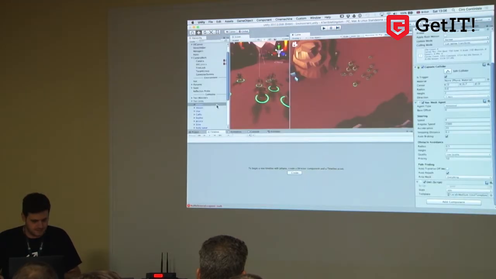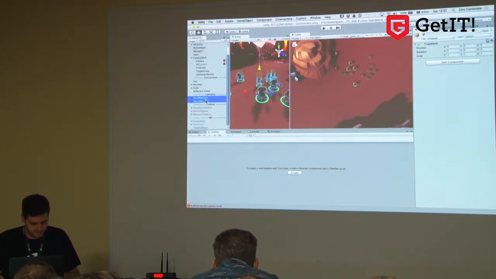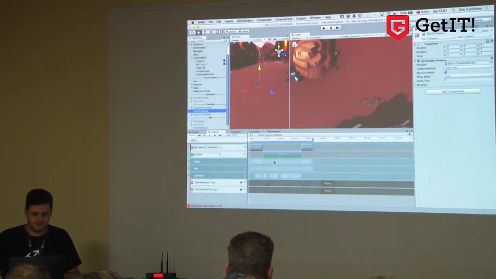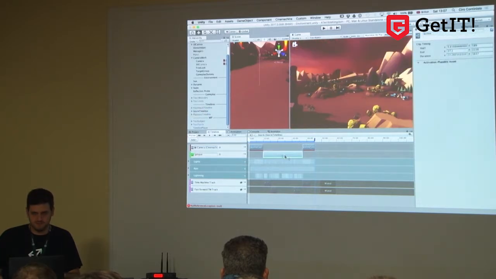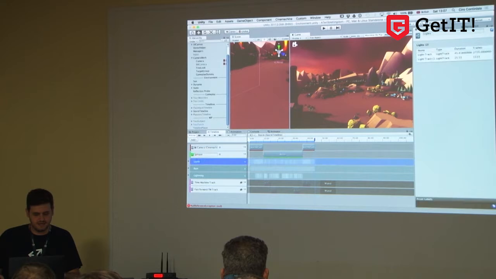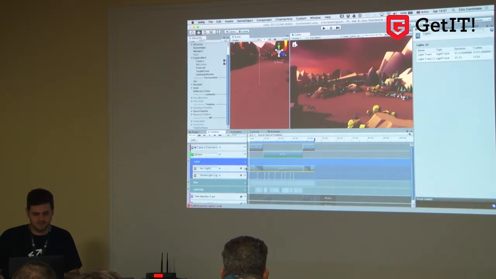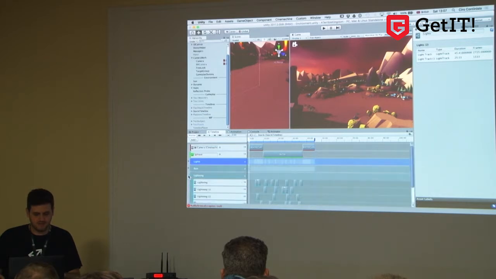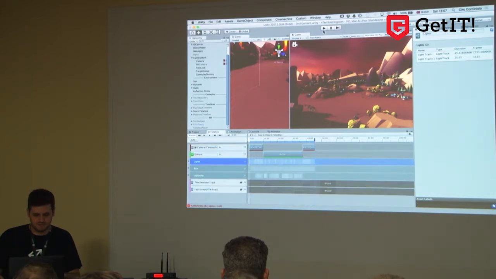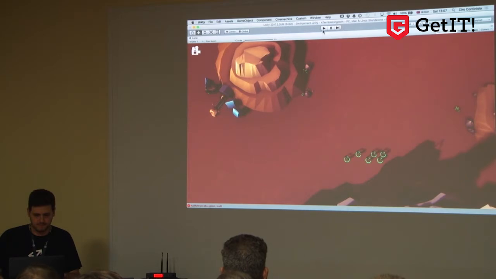Let's go back. Now I want to create a timeline that does something that interacts with the game. So I created this storm timeline. Now this storm timeline has, as you can see from the track, some camera, and it deactivates the input at some point, and then it has some extra tracks for lights, extra tracks for the rain, extra tracks for some lightning strikes. So if I play this track, I press play,